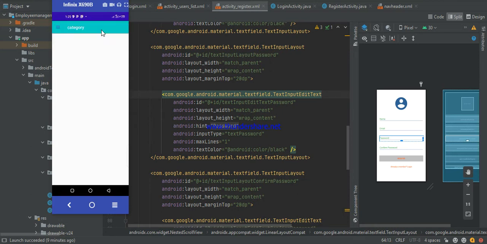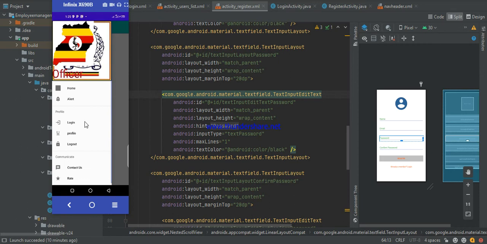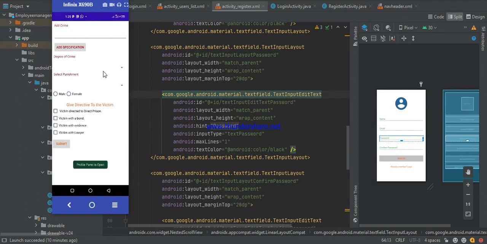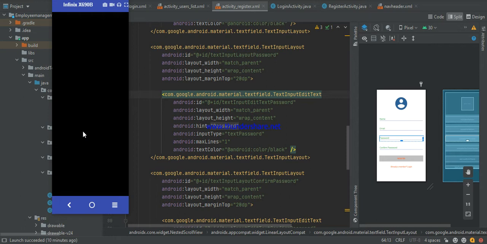Under category, I can choose, say, profile. Under add name, I can add crime. I can put the name of the crime, the degree, so you select the type of punishment, and gender. You either choose male or female according to the person who came or the victim. Then you can also specify: did he use a lawyer? Was he given bond? Then you submit all these details. So this basically gives you a small overview of how the system is going to look, and more importantly, when the user is